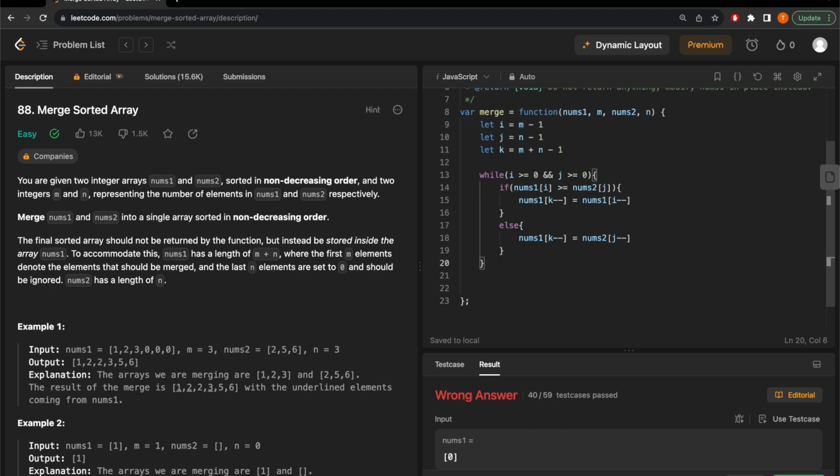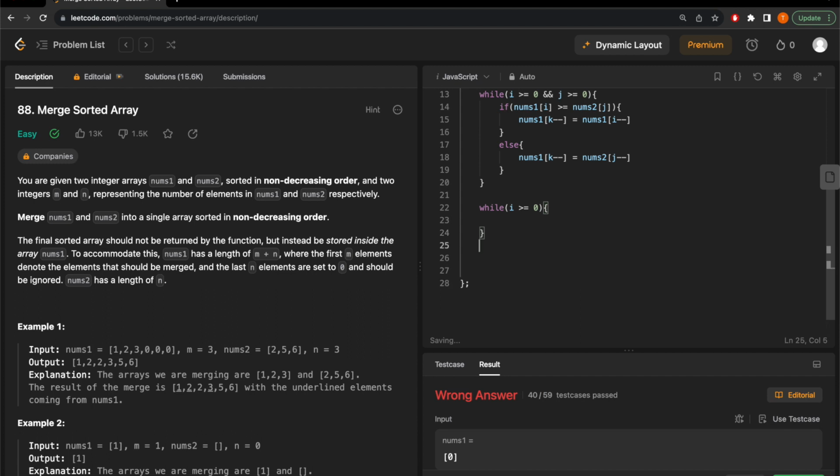Well, if one of them is 0, we just simply populate the array with the values of the other one. So let's say if nums1 is completely empty, we'll just put all the values in nums2 into nums1 and we'll merge it that way. Same thing for the other way around. If nums2 is completely empty, we'll just leave nums1 as is. So let's do that. So I'll say while i is greater than or equal to 0, and then I'll say while j is greater than or equal to 0,